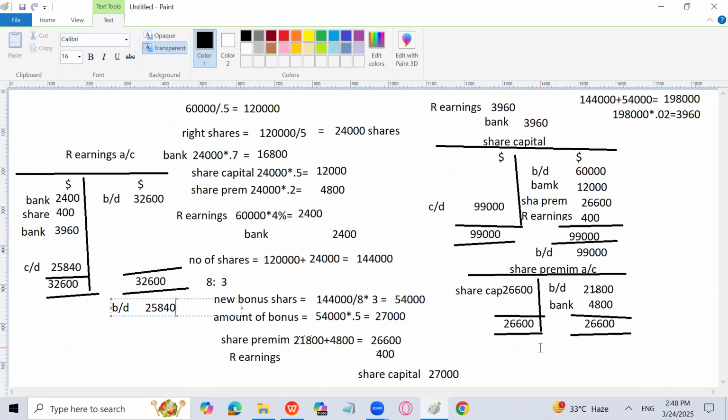Number one is this, that dividend is paid either on all shares or some of the shares or original shares. Second thing, the entry for dividend is retained earnings debit and bank credit. And the third thing is that always remember that when you are issuing bonus shares, you have to look that